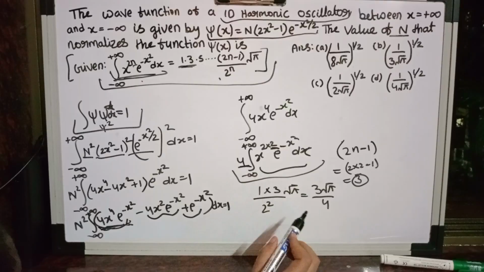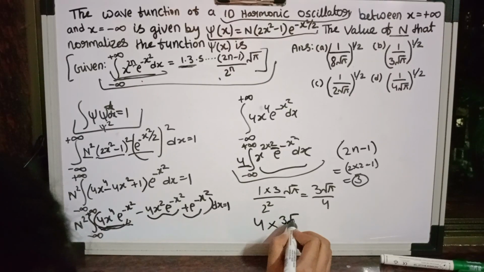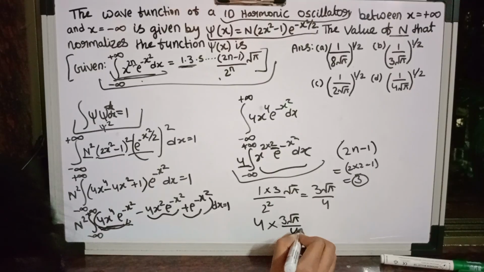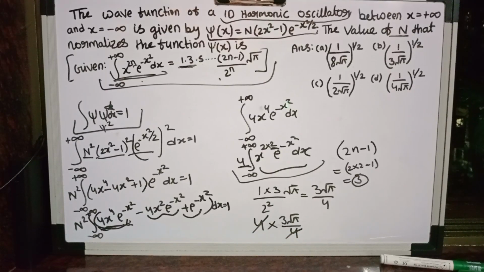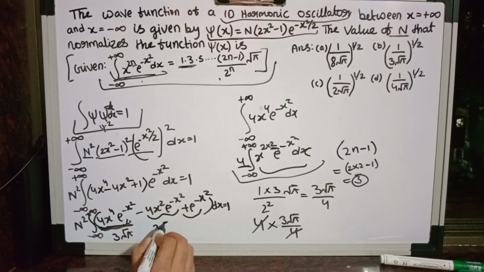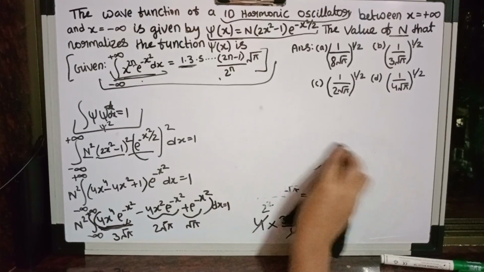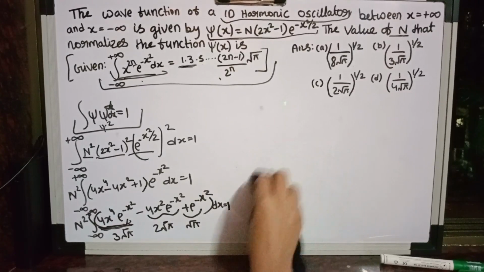Now when we put this in, we have 4 outside, so this 4 and 4 cancel out and we have 3 root pi. Now we can put it here. So for this we get 3 root pi, and when we solve for the rest of them, which look very similar to the one before them, we get 2 root pi for this one and we get root pi for this one. And now as we have got an answer for all of them, we are going to just substitute and get our answer.